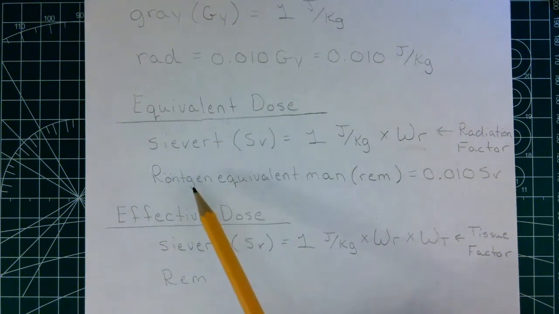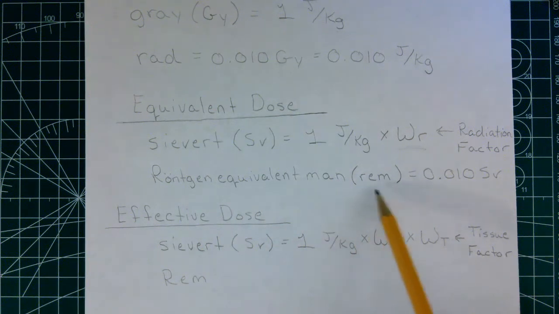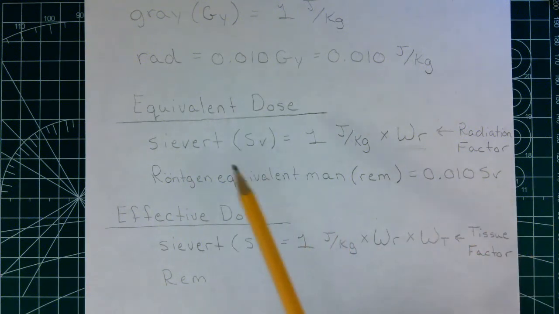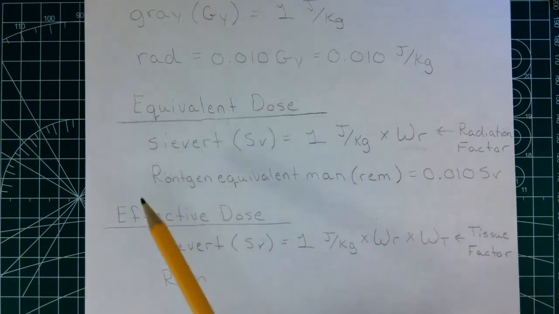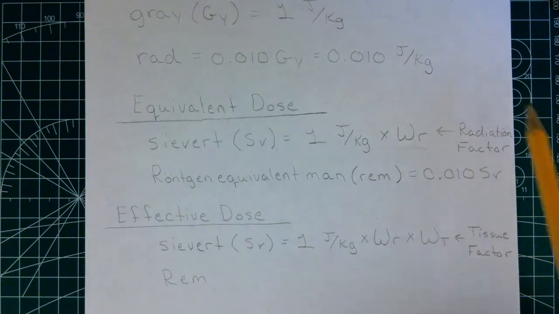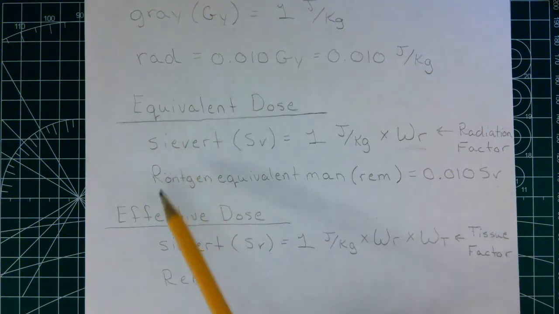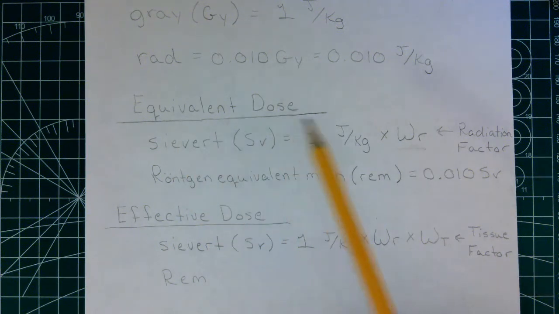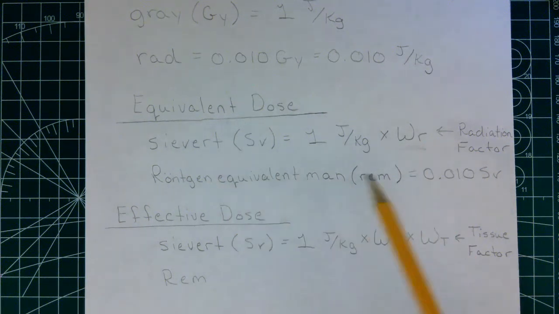And then we have something called the Rontgen equivalent man, or REMS. And this is equal to 0.01 sieverts. So now we can get a value that gives us some sense of how dangerous the radiation that we've been dosed with is. And when you are working in like a radio lab and like medicine and stuff like that, you usually have a badge or even sometimes a digital device now that's measuring your equivalent dose as time goes on to ensure that you are not absorbing too much radiation too quickly